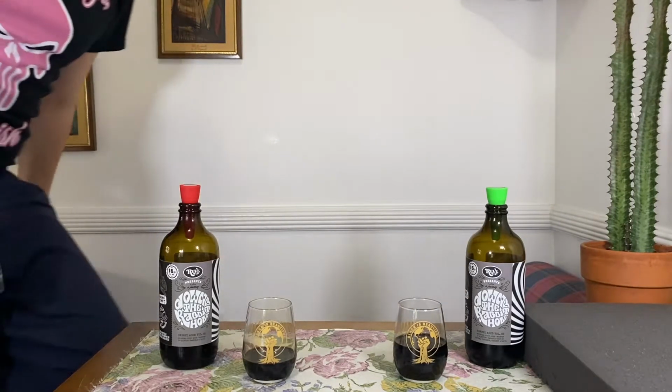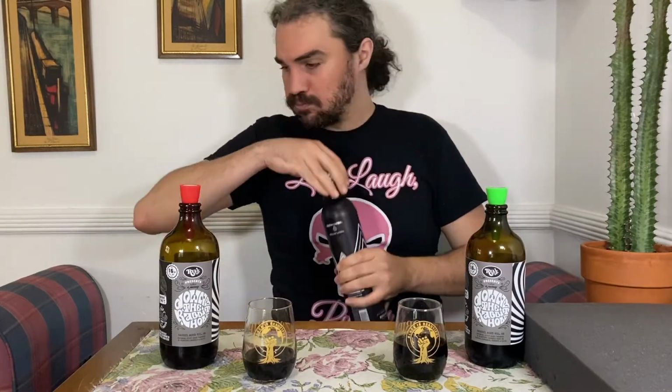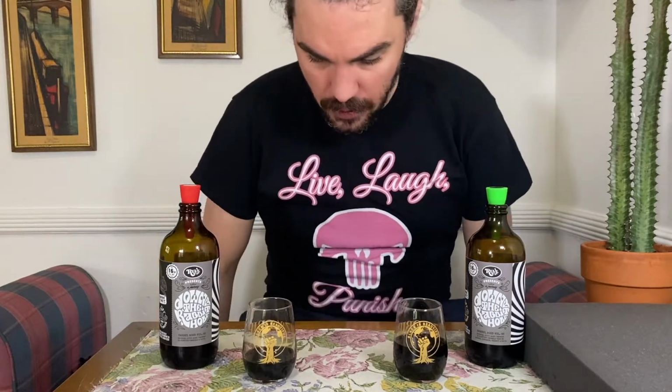There is a subtle hint of alcohol, but it's coming off more like the ABV rather than the spirit. But I could be wrong, because it's not at a level where I can determine that. I'm just going to grab my water real quick. I filled it up right before I started this video, but I forgot it over there. So, super nice chocolate, nice roast, slight bitterness, very nice mouthfeel. It's not super creamy, but...